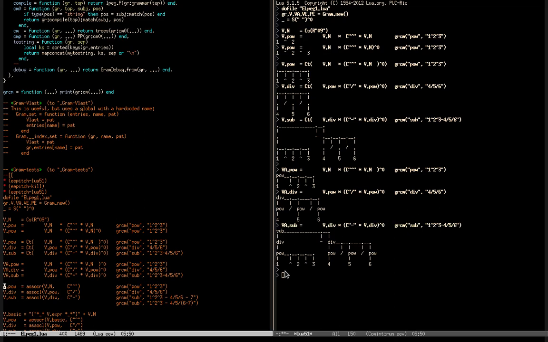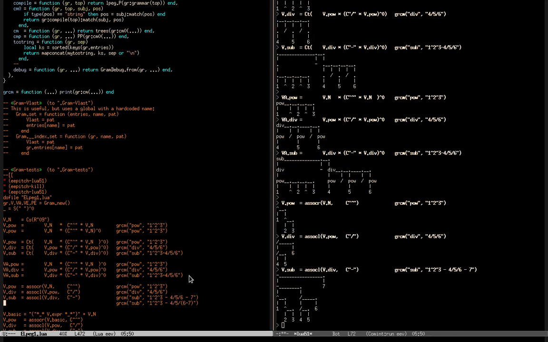At this point, these powers here are returned as a list, as an operation pow with several arguments, and then I apply a kind of parsing combinator that transforms these trees into other trees.